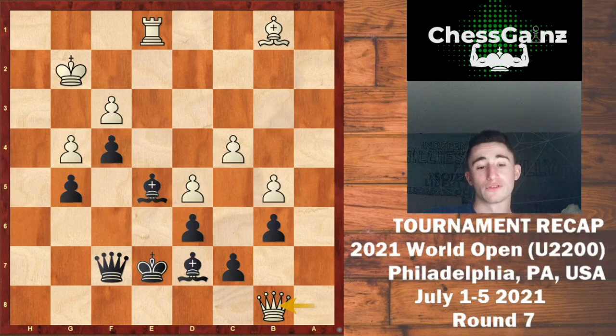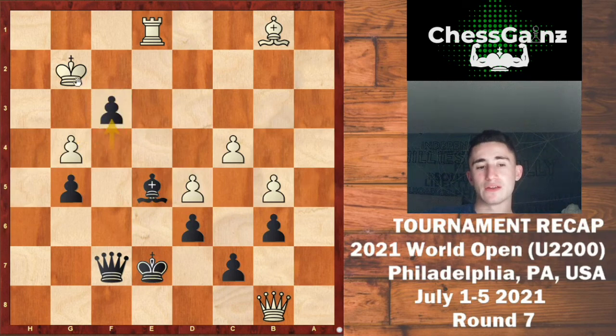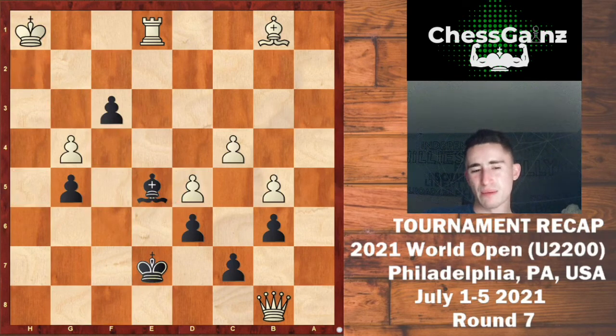So I went for one last desperate attempt and sacrificed my bishop on g4, thinking that if he takes, I go check, and he has to be careful where he puts his king. If he puts it on h1, let's say, I go queen f4, and I'm threatening mate. And probably he can still defend it, but